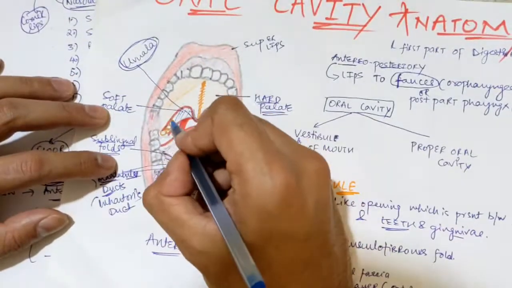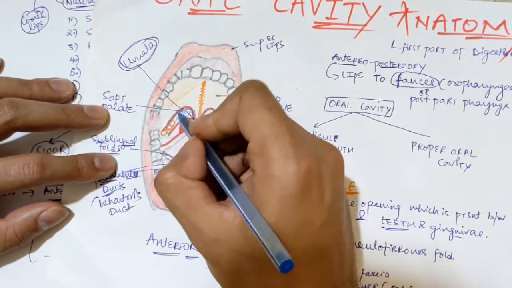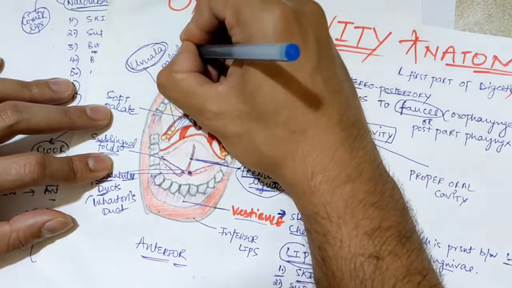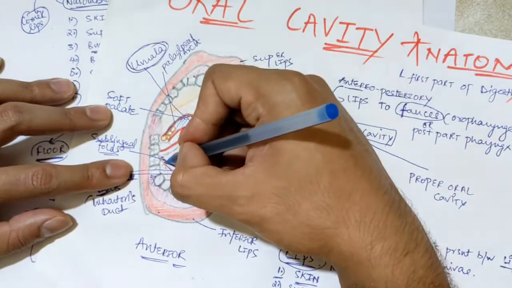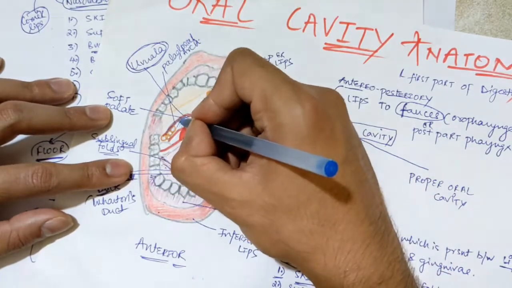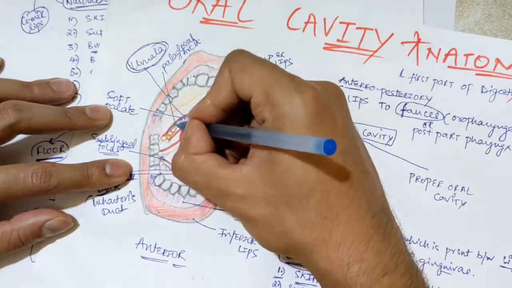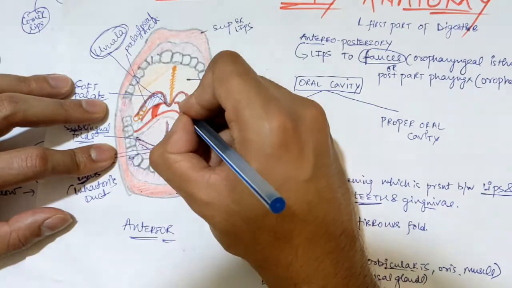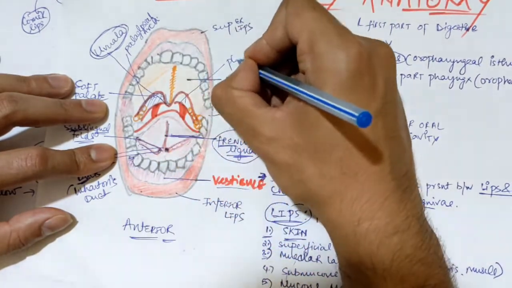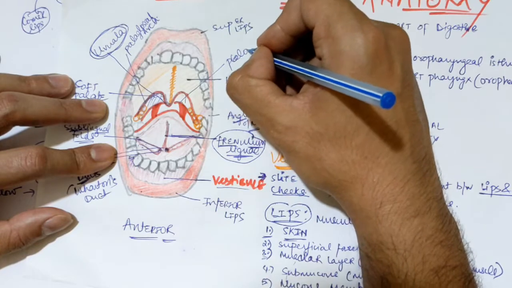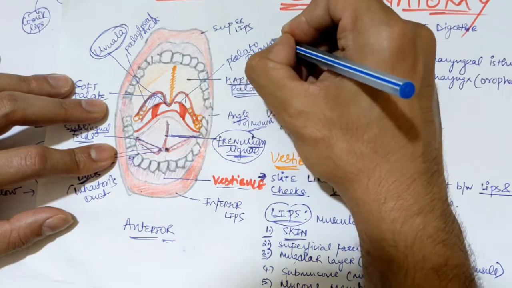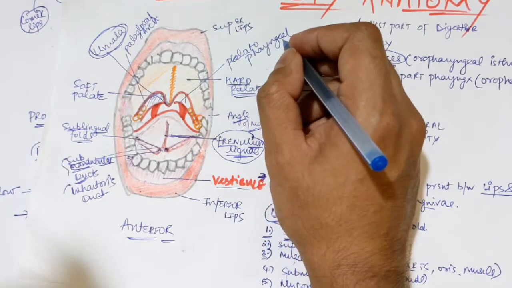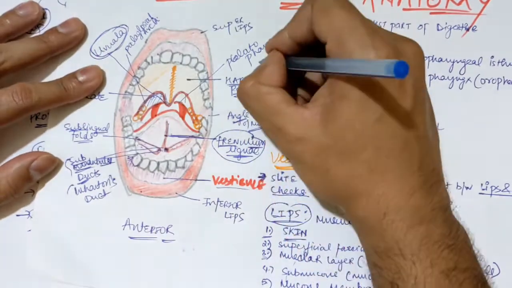You can see it here. This first line is called the palatoglossal arch. It stretches from the palatoglossus muscle, which extends in this fold. Just below that there is another fold. This lining you can see is the palatopharyngeus. It extends from the palate to the pharyngeal part, which is why it is called the palatopharyngeal arch.